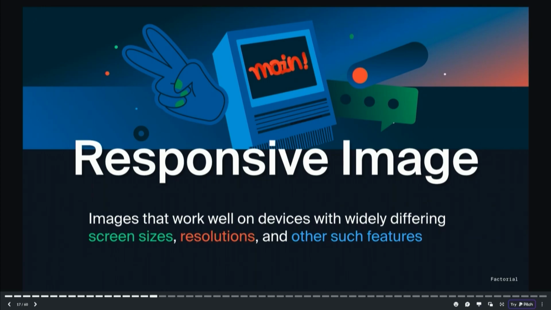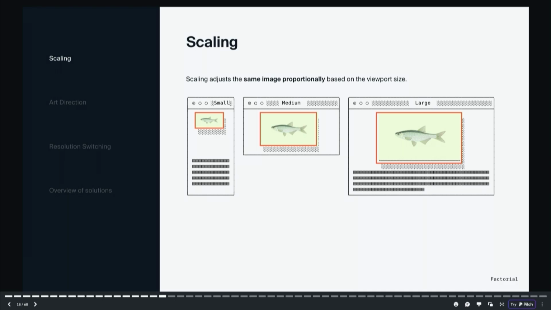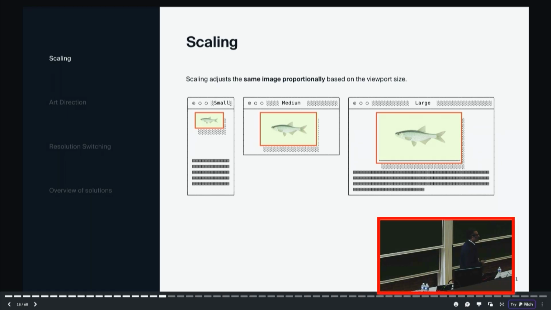So let's have a quick breakdown into 3 major concepts of responsive images. The first one is scaling. Scaling is adjusting the image size proportionally based on the screen in which it is displayed. If it is a screen which is like 400 pixels wide, you might not want to serve an image which is larger than that